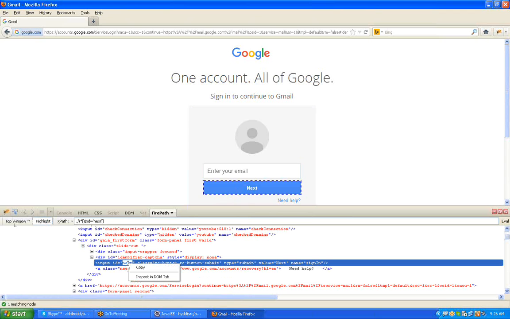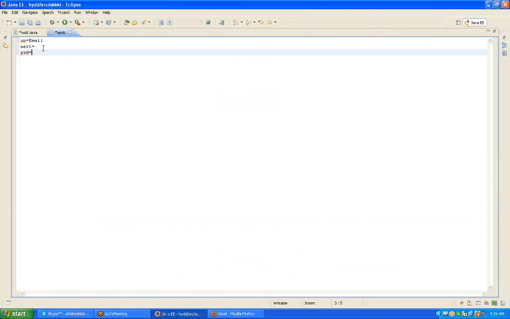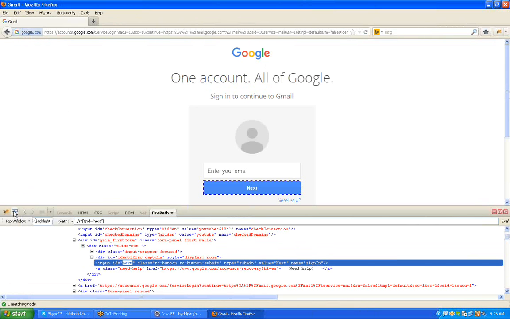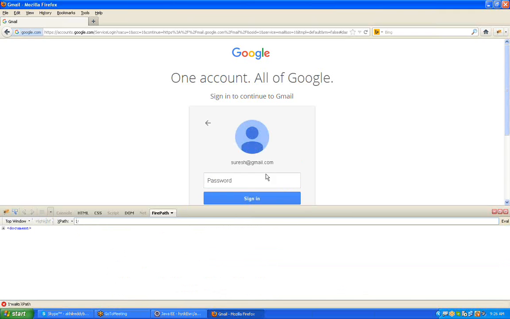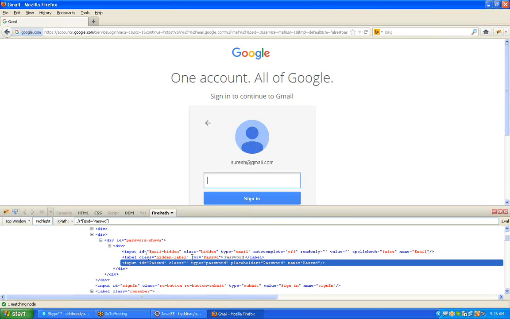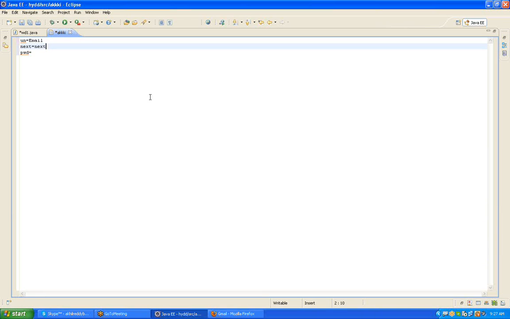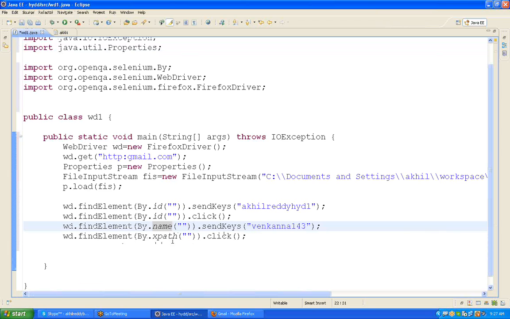Copy, control V, and for the password, the name property, same. Okay, enough. Save. And the last one, I gave you XPath.